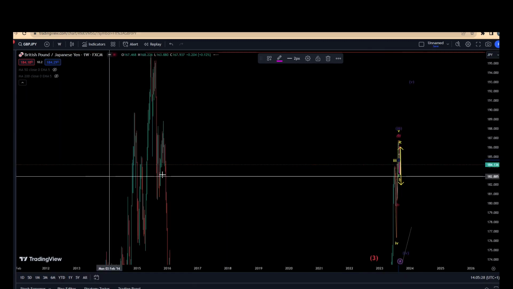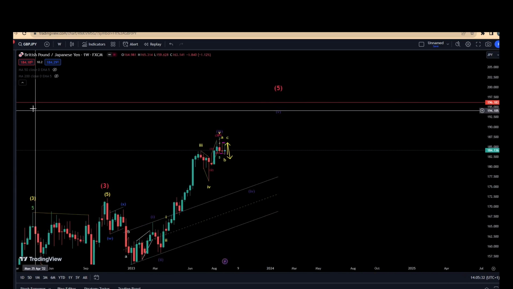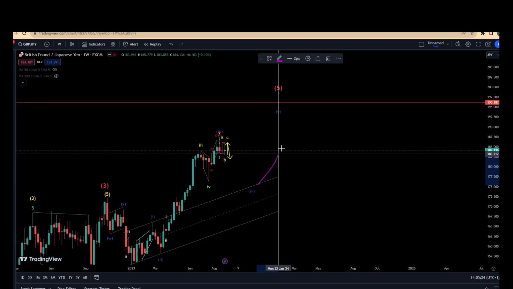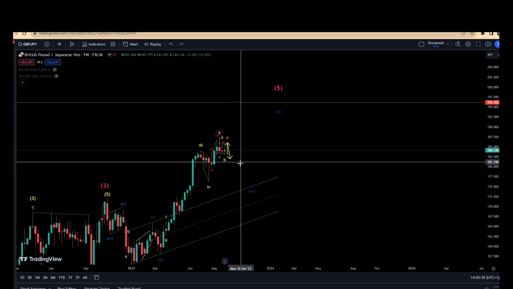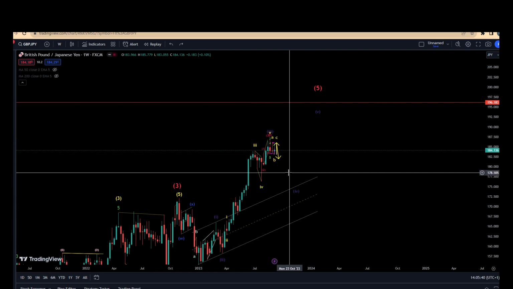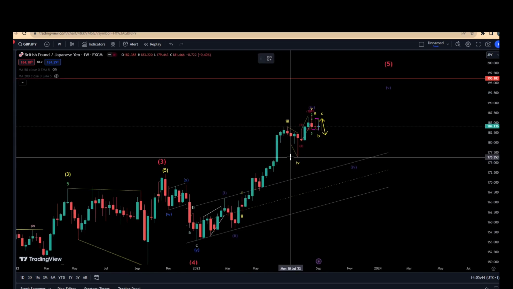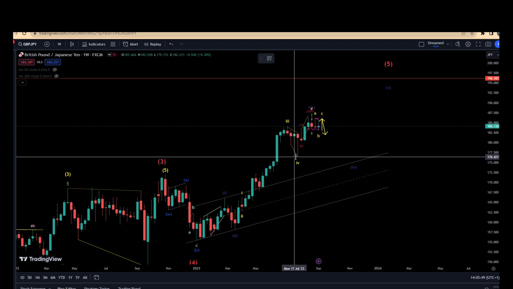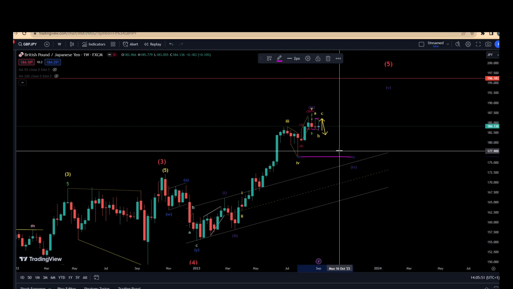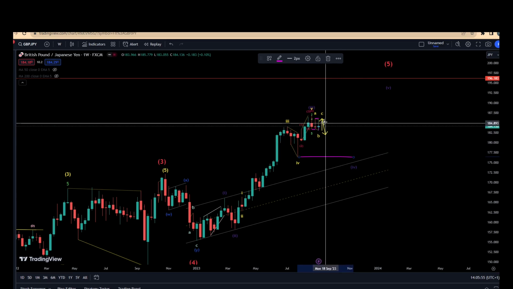In terms of the overall long-term view of things, I genuinely believe that we are still in this wave 4. So we are expecting one more push towards the upside to give us our fifth and final leg, but we are corrected in that wave 4, which will bring this market down. In the long term, I do see this market hitting the 1.76, 1.75 levels, coming down around here, taking these lows right here. So we could see this market come back down, but I don't think it's going to come down impulsive. It's going to be a correcting move like that.